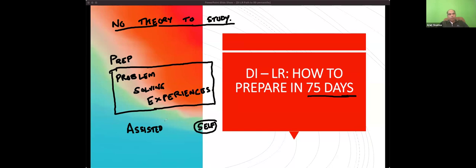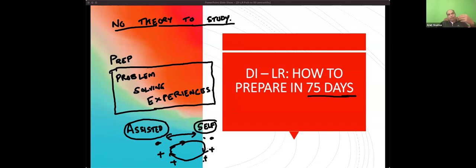There can only be two forms in which you're doing problem solving experiences. So you basically have a duality between these two. A little bit of assisted, some self, a little bit of assisted, some self, and you keep rotating between these two modes of learning through problem solving experiences, and you keep upgrading your data interpretation and logical reasoning. When you talk about DI and LR, one of the things you have to understand is that both data interpretation as well as logical reasoning